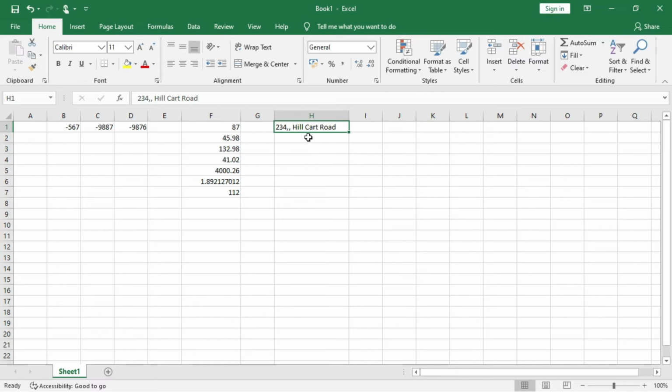What is happening out here? Suppose you are writing only Siliguri. This is a character entry, but these contain alphanumeric characters. Sometimes we write a formula in this way: suppose you give F1 hyphen F2 and forget to give the equal to sign at the very beginning.